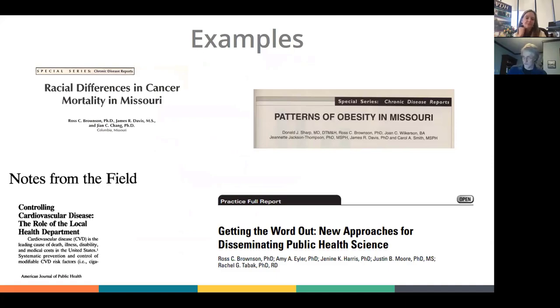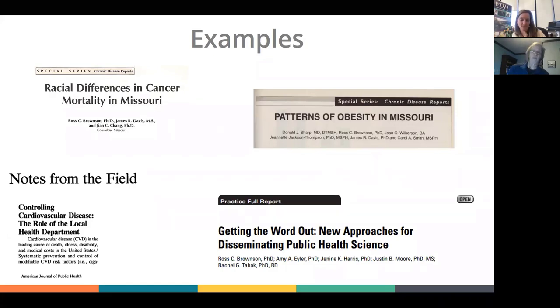I'm going to show a few examples that have come out of my teams. Back when I was in the state health department, I always felt a little bit like the state health department was a data depository, and there was a lot of data in, but not enough data out. And so we started this little thing. Most of you in your states, and I know a lot of you are in Michigan and the upper Midwest area,